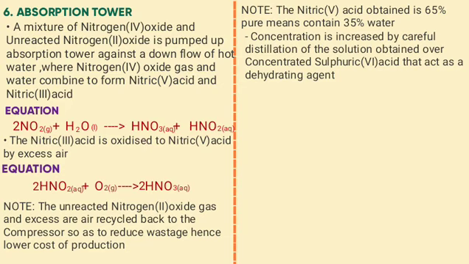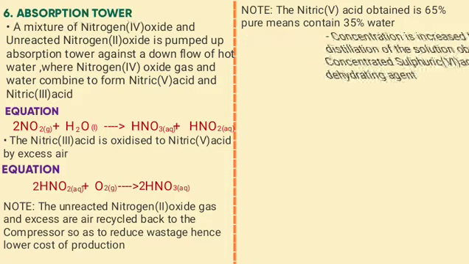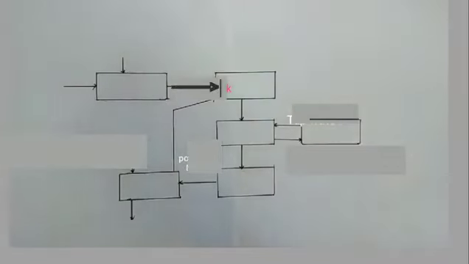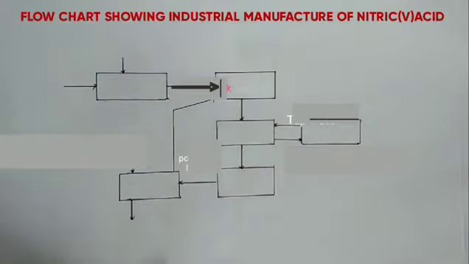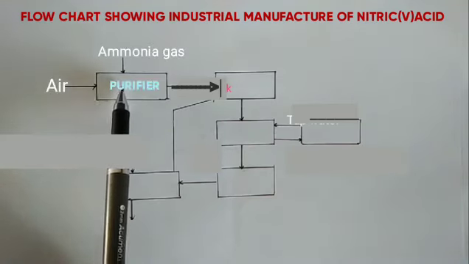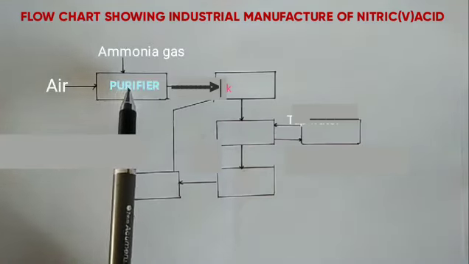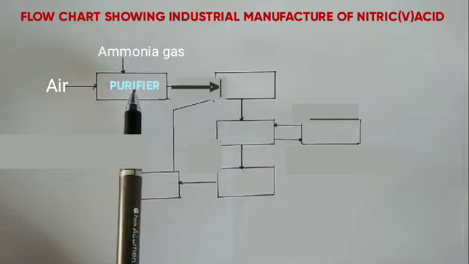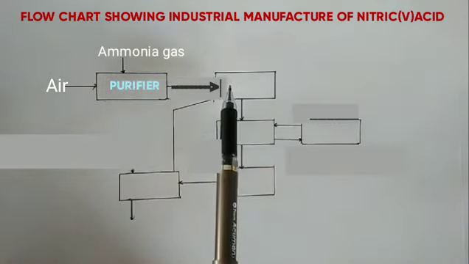Concentration is increased by careful distillation of the solution over concentrated sulfuric acid, which acts as a dehydrating agent. So the flow diagram below shows the industrial manufacture of nitric 5 acid, where the raw materials, air and ammonia, go in the first part, which is the purifier, where they remove impurities and dust particles, then pump to the compressor where it is compressed to raise the pressure,